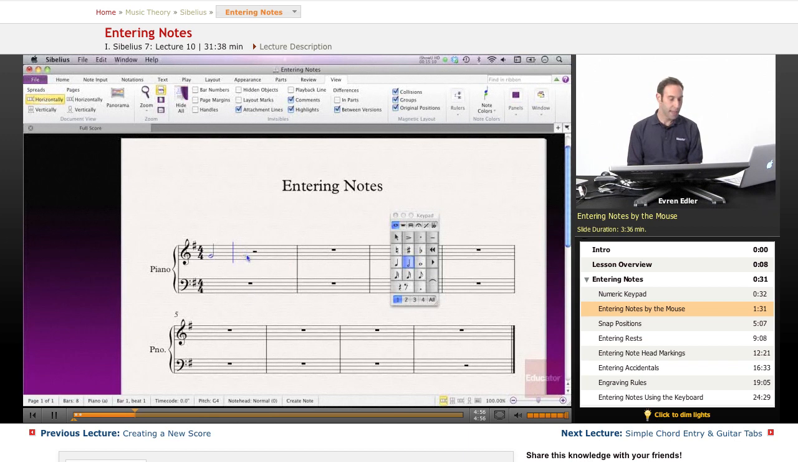And how this happens is something related to snap positions that I would like to cover right now, right away. Let's go